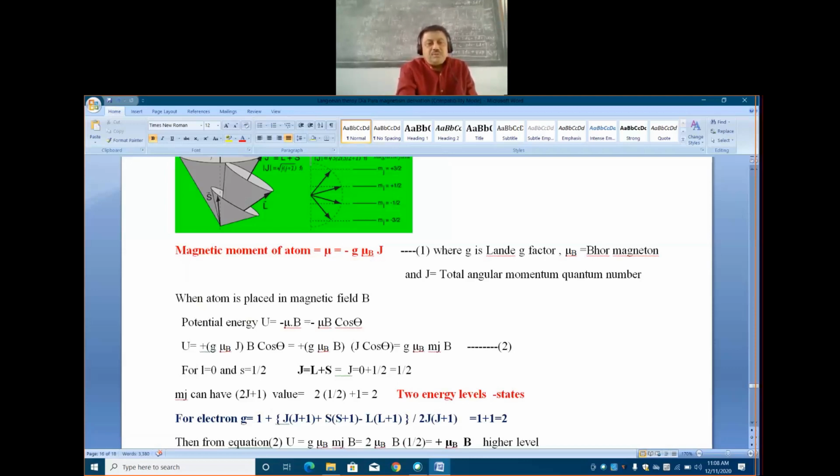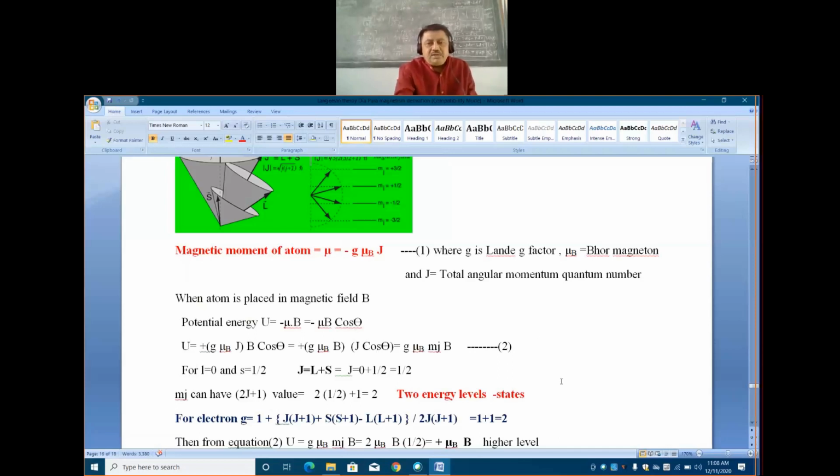For mu, we substitute G mu B J, it is B cos theta as it is. So then you rearrange the terms, G mu B B on one side and J cos theta on the other side. So J cos theta is nothing but the,